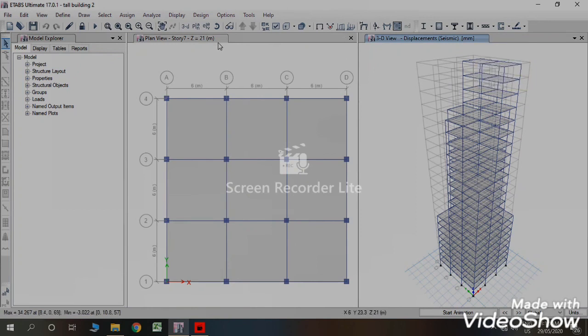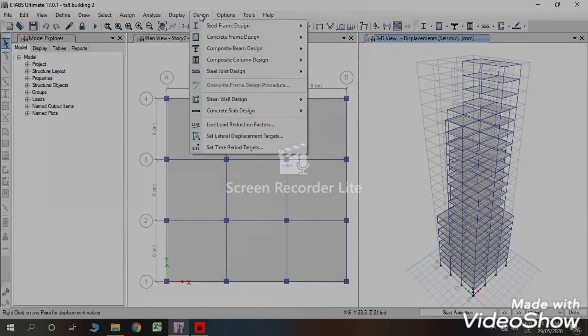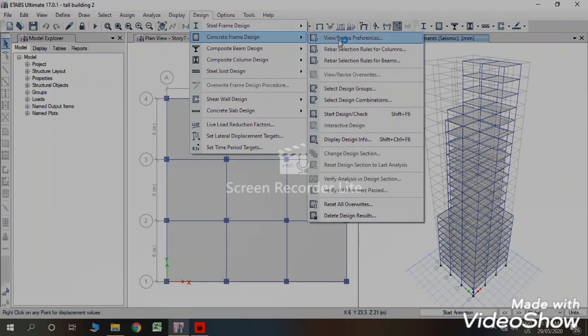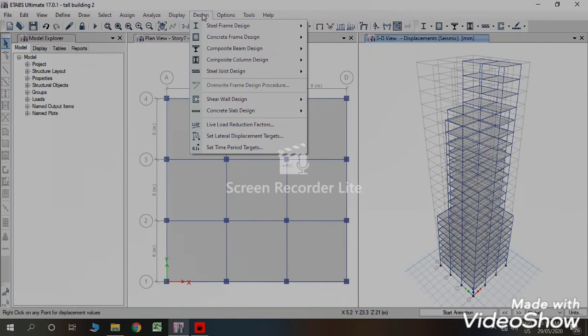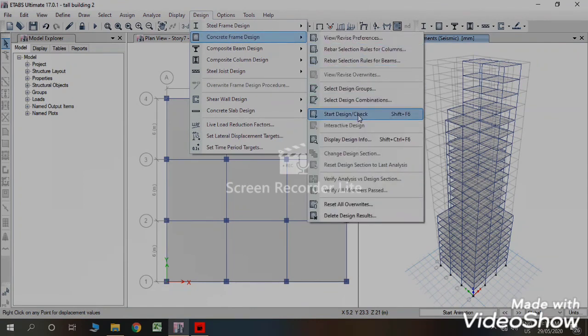Now once analysis is done, we can go for design. Just check whether IS456 is added. Then go to design, start design.